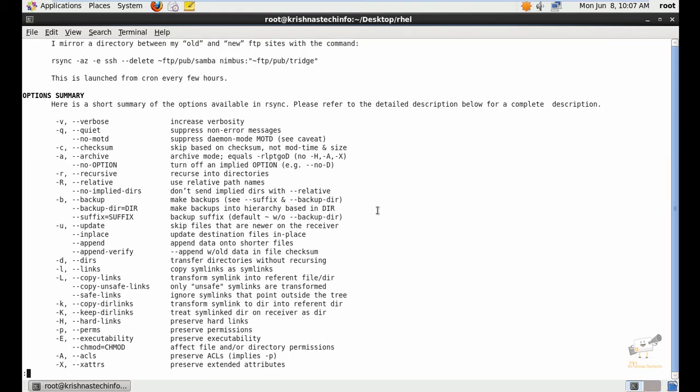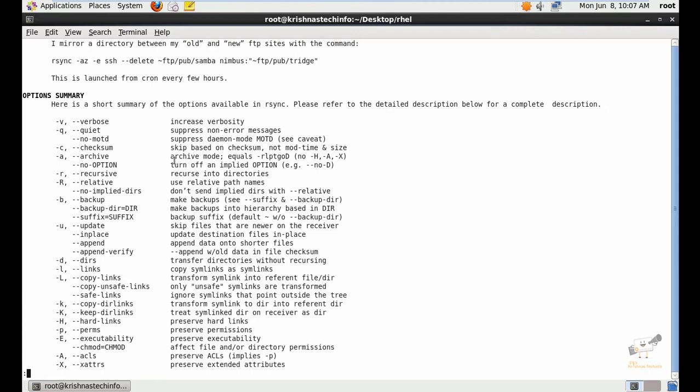And here you can see the options that are available. The most commonly used options are -v, verbose, which will give you more information about the command we are running. The archive mode allows you to copy the files recursively. It also preserves the symbolic links, that is the soft link, file permissions, user and group ownership, and timestamps.